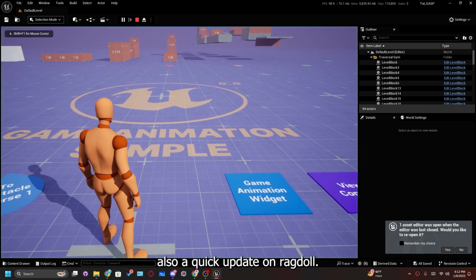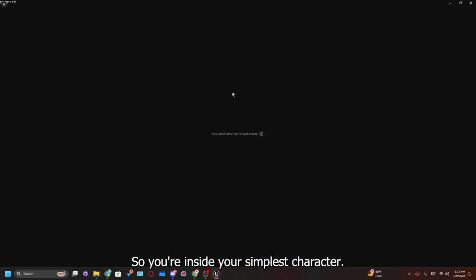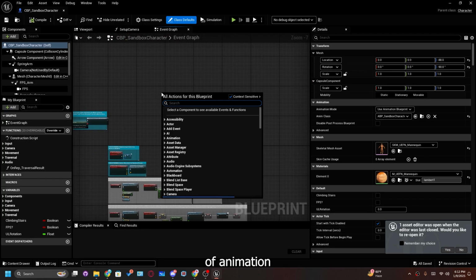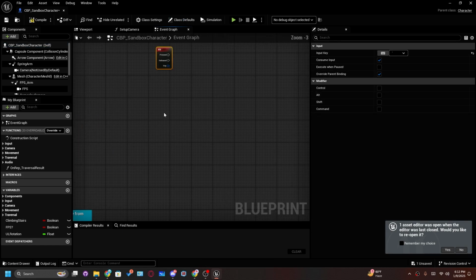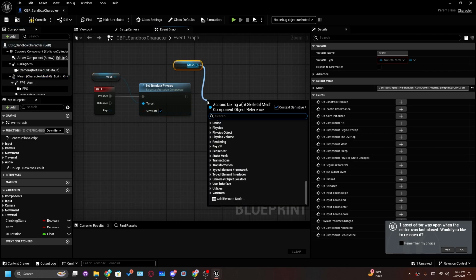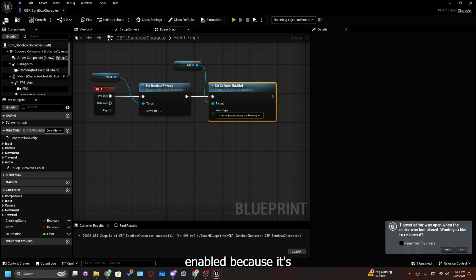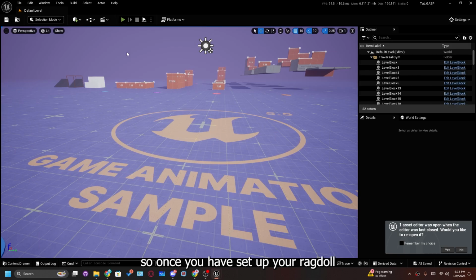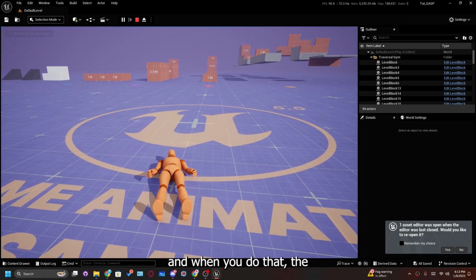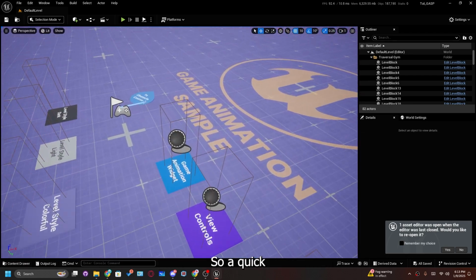Also, a quick update on Ragdoll. So you're inside your sandbox character, and we just make a simple Ragdoll animation. Collision enabled, physics. So once you have set up your Ragdoll, and when you do Ragdoll, your Ragdoll animation will look like this. So a quick